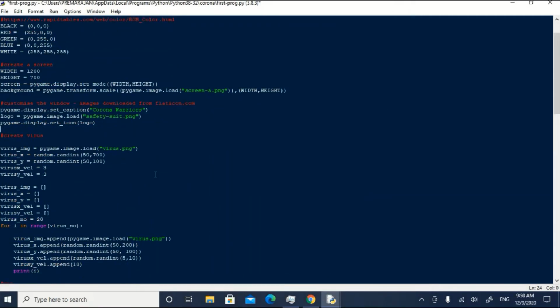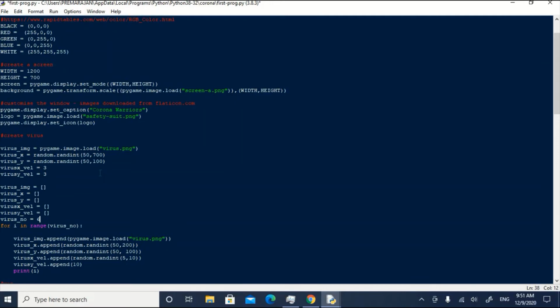Now we will see how to replicate the virus. We have created one copy of the virus by defining its attributes. We will create a variable virus_number to specify the number of replications needed. Suppose we want to replicate it 6 times. We will store that value in the variable virus_number. Each virus has 5 attributes.